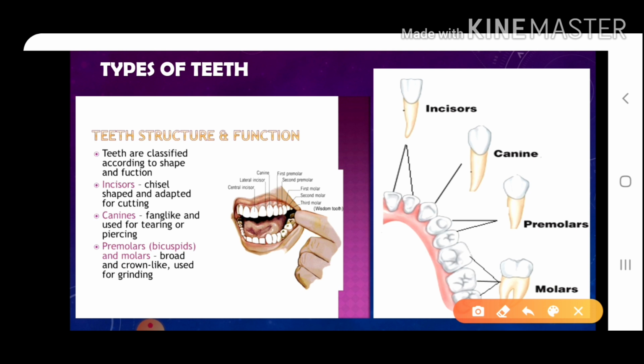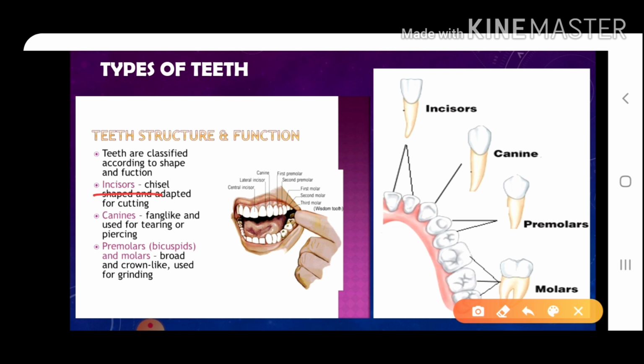So let's quickly see what are the different sets of teeth that we possess. They are basically 4 sets of teeth, that is incisors, canines, premolars and molars. One by one we will discuss each one of them in great detail. First comes incisors. They are chisel shaped. What is a chisel? A chisel refers to a tool which we use for digging soil. So it is chisel shaped and adapted for cutting. The purpose of incisors is to bite. The first bite that you take of your favorite food, you use your incisors. When you take a bite from an apple, you use your incisors. They are the front teeth, and they are used for taking a bite on food.